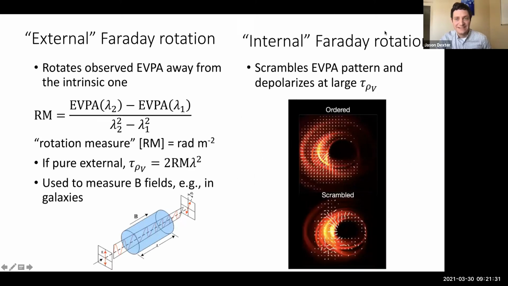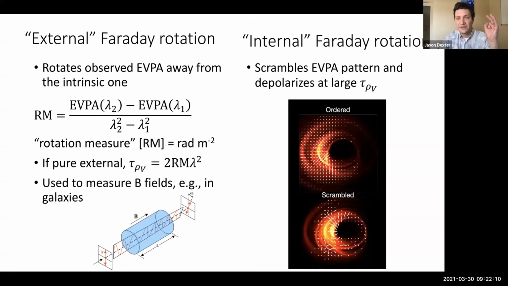Okay, so the other key point on Faraday rotation is that there are at least two distinct regimes of what can happen when Faraday rotation becomes important, meaning when this Faraday depth becomes larger than 1 or pi or 2 pi or so. So there are two things. One of them is a classic technique that's used in astronomy, say to measure magnetic fields along the line of sight, which is what we call external Faraday rotation, which means like the Wikipedia cartoon, imagine that we have a polarized point source and that all light rays coming from that point source undergo the same rotation of their EVPA.